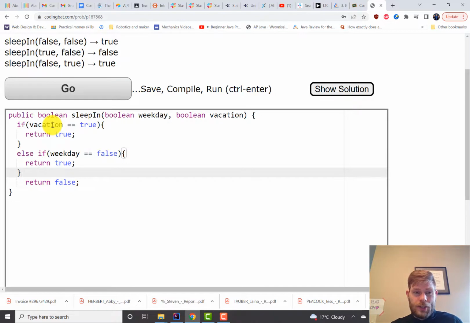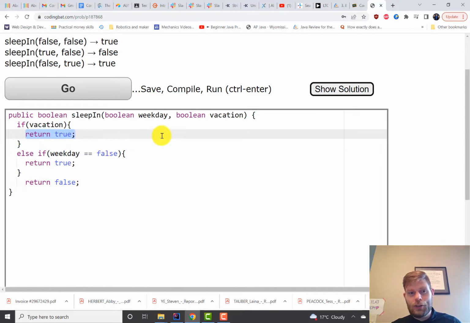Vacation is true or false on its own. So we're checking really that true equals true or false equals true. But vacation is true or false on its own, so we can really just do if vacation. So vacation, the variable, is equal to true, this executes. If vacation, the variable, equals false, this doesn't. So we don't really need to check that it's equal to true. It's kind of redundant. We can also shorten this up because